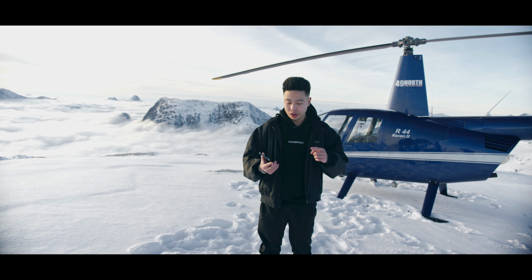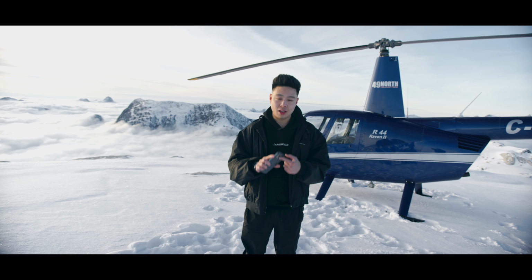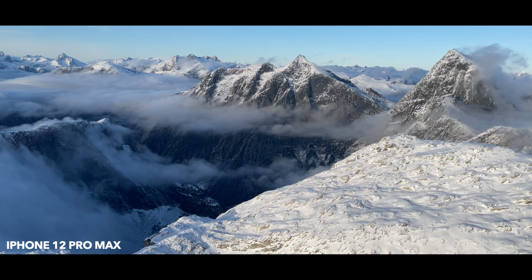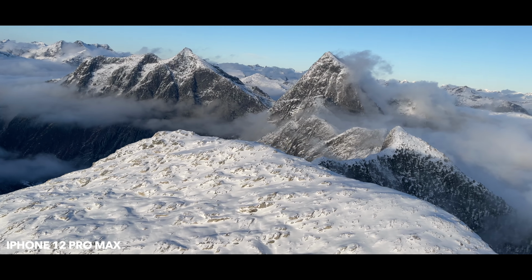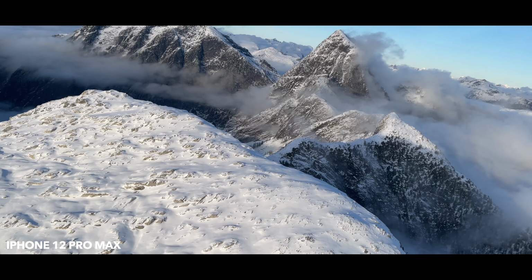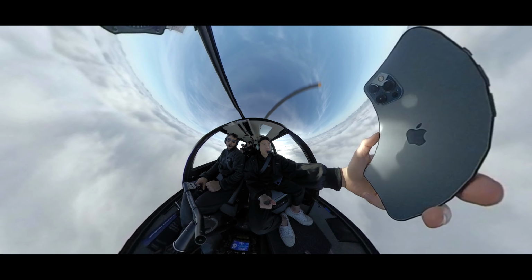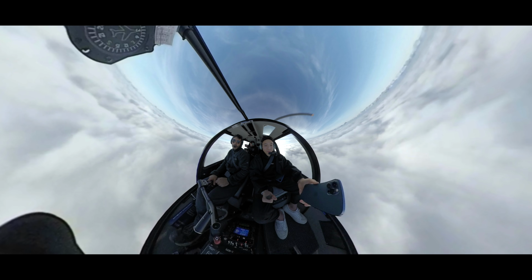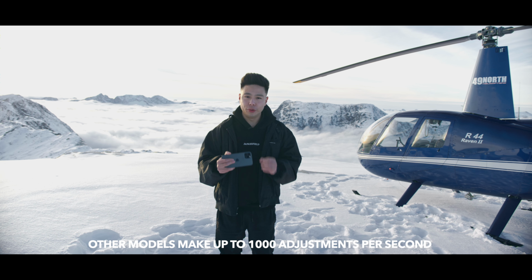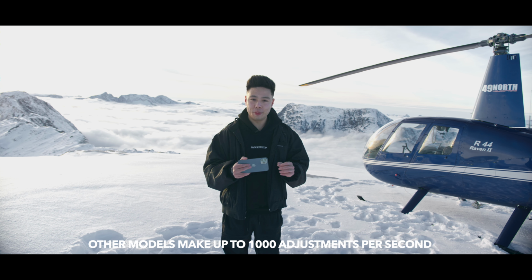because I wanted to bring you guys a really nice video of the stabilization performance as well as the camera on Apple's best camera ever on a smartphone. So when it comes to video, this camera is able to make 5,000 small calculations per second to give you a great level of stabilization compared to the previous generation iPhone and the one on the iPhone 12 Pro. And it's one of the biggest features, in my opinion, for people who shoot a lot of video on the iPhone. And from my early tests, it is super stable,